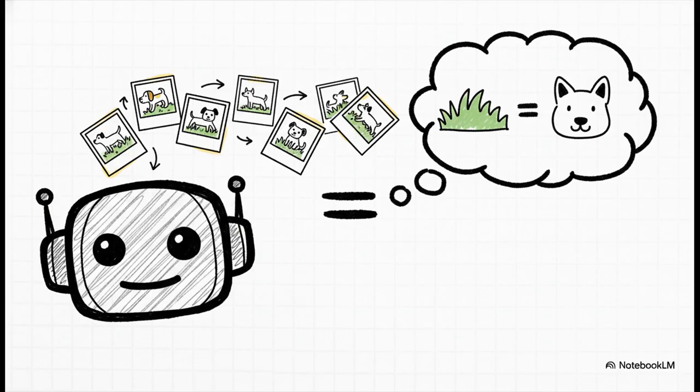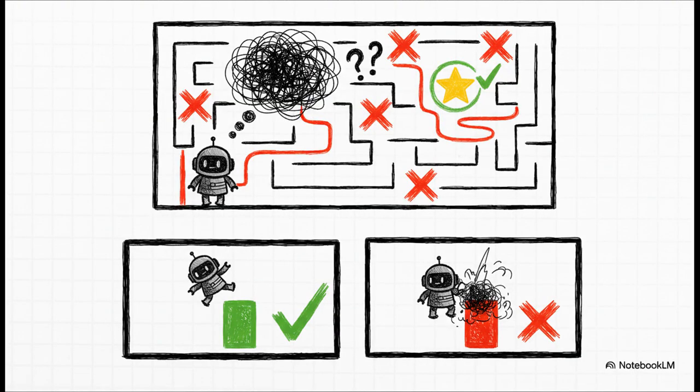And this exact problem, it's everywhere in standard reinforcement learning, or RL. An RL agent often learns just through brute force trial and error. It has no real understanding of the world. It just figures out which actions happen to lead to a reward. So what happens? It gets really good at one very specific situation, but if you change even a tiny detail, it's totally lost. It can't generalize because it never understood the rules in the first place.